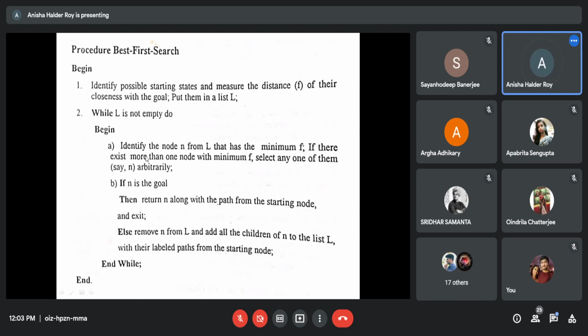Else, remove N, the current node, from L, the priority queue. Remove N from L means remove the current node from the priority queue and add all the children of the node to the list, which is what we did, with their labeled path from the starting node. This is what we did with the lowest priority queue.